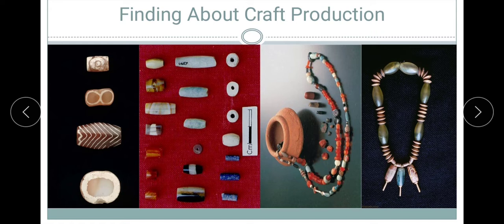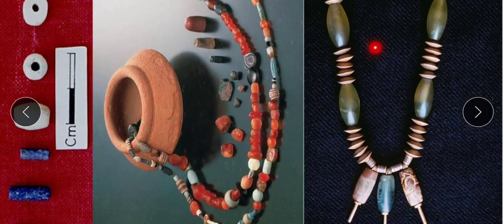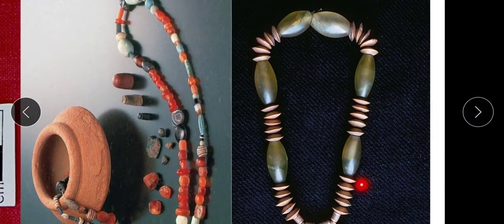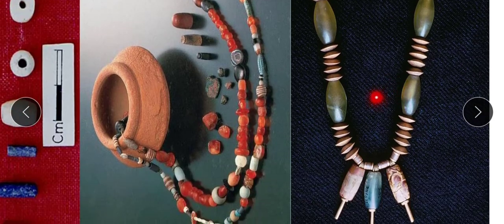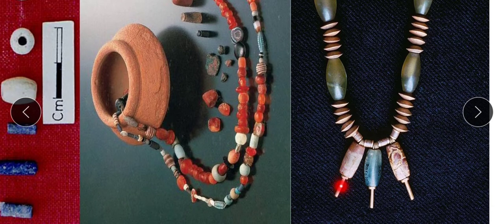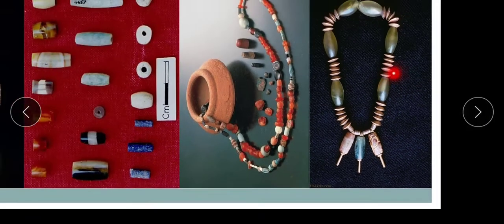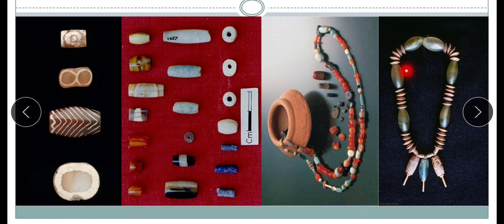Even today, if you go to a place like Goa, or let's say Diu in Gujarat, you will find much of the jewelry made up of shells. The Harappan people also used shells. See here in this one, some types of shells are being used, different shapes, crystals, shells. Then this has gold, and the end points are made up of gold, attached here. So they were using all these materials, along with faience,